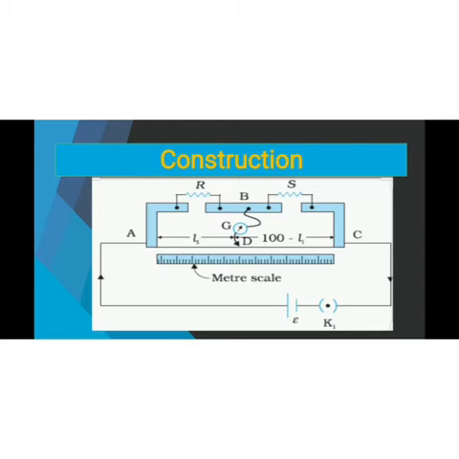Now I am going to discuss a very important thing, that meter bridge has 1 meter wire. That's why it is called meter bridge. A meter scale is placed below the wire and a cell and key are connected between point A and C. As you can see, from the point B, the galvanometer and jockey are connected. Jockey is provided to obtain the balance point.